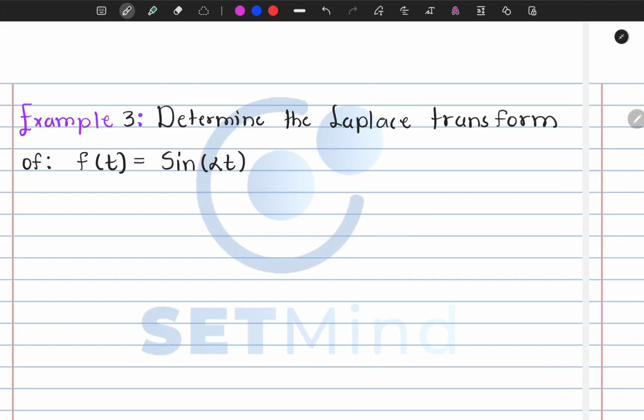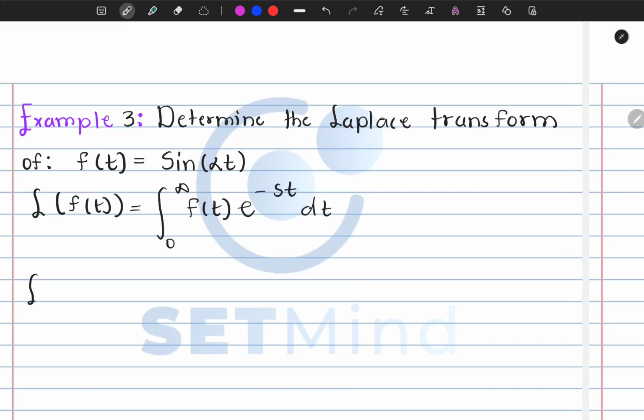Now let's have a look at example 3, where we are required to find the Laplace transform of f of t, which is equal to sine of alpha t. As you know, the Laplace transform of f of t is always given by the integral from 0 to infinity of f of t